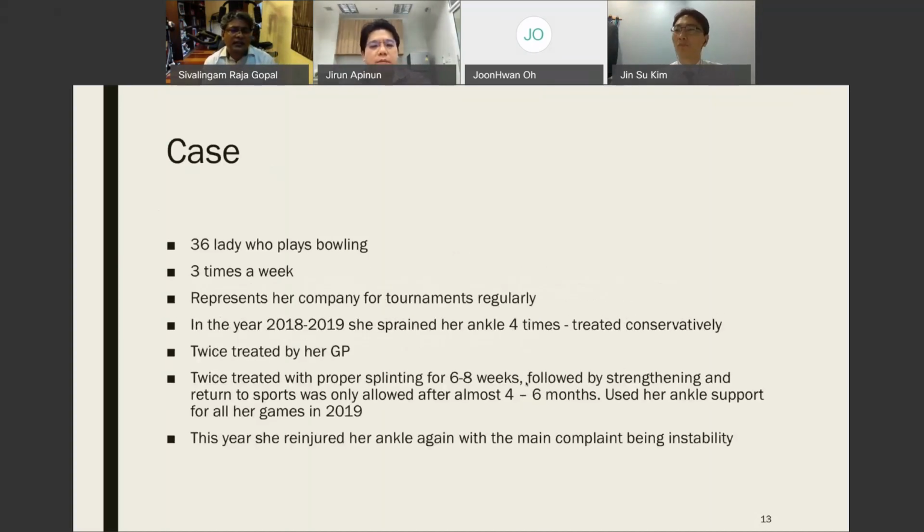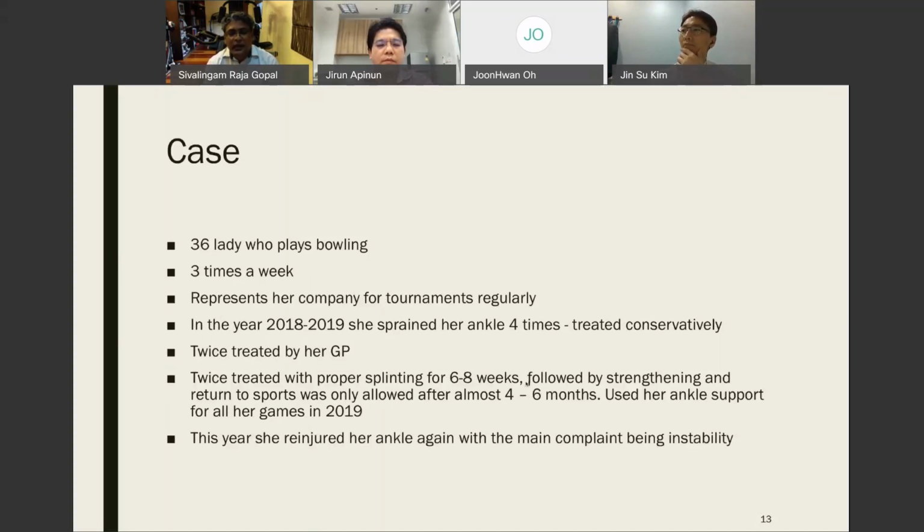This is a case I would like to share, which I just did recently. It's a 36-year-old lady who plays regular bowling. She plays about 3 times a week, competitively for her company. From 2018 to 2019, she sprained her ankle 4 times. Twice it was poorly taken care of, and the other 2 times she had